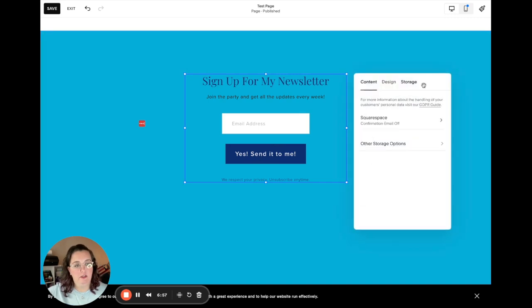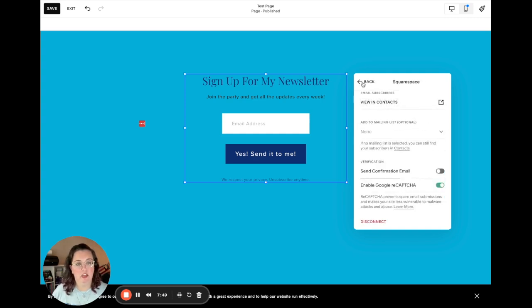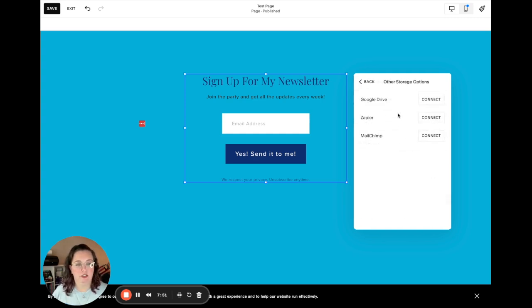And then we finally have storage. So this is where the name goes when somebody signs up. So that's pretty important, right? So by default, it's just going to go into your email list inside of Squarespace. So if you're using Squarespace email, then that's fine. That's what you want. The other option is to send it to MailChimp or